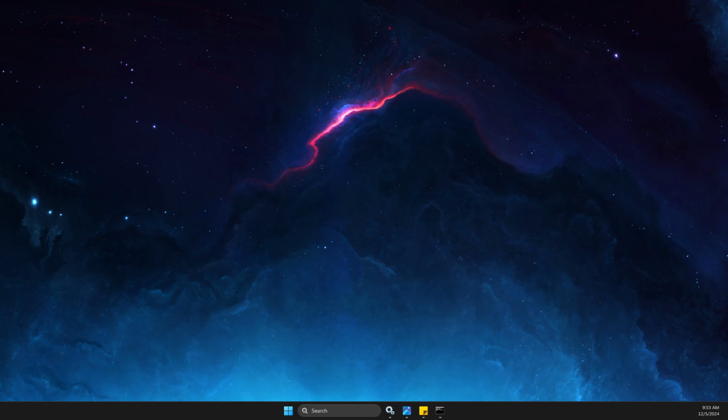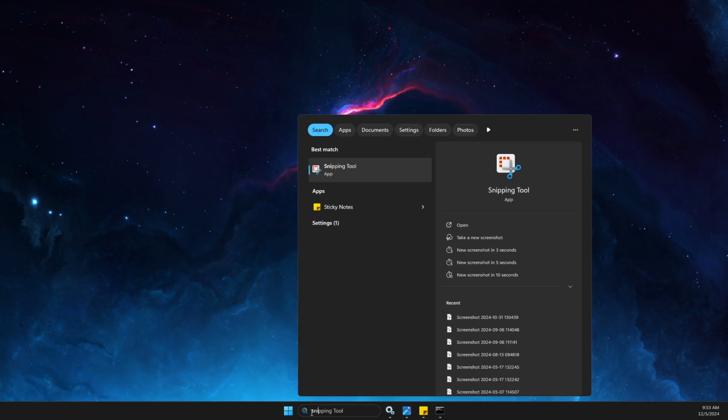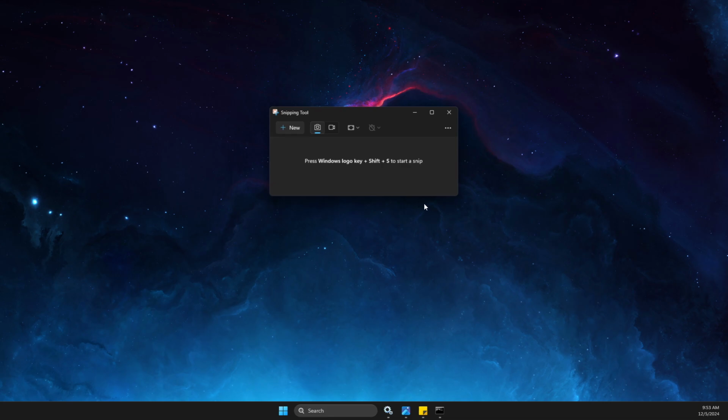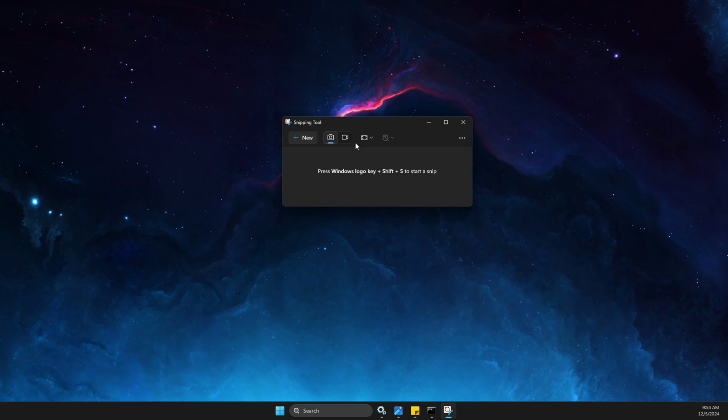Hey guys, in this video I will show you how you can fix snipping tool not working on Windows 11. So without further ado, let's get started. If you try to run snipping tool and you click on it and it does not appear, first of all go to task manager